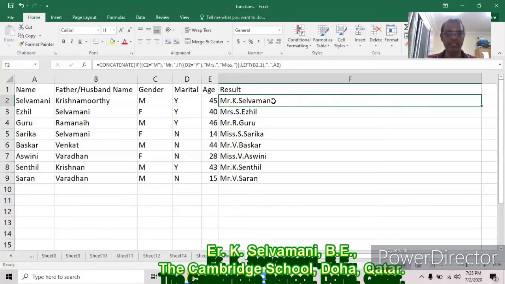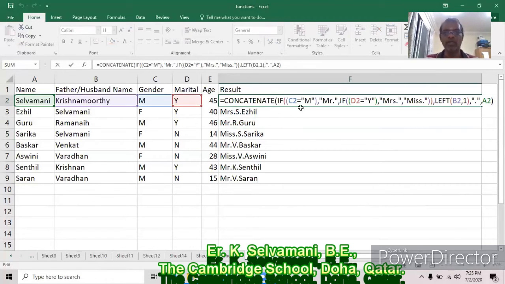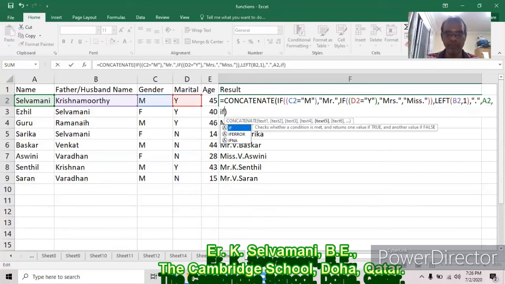We will see it, same thing. Whatever you applied here, Mr., Mrs., Miss: instead of Mr., it should be son of. Instead of Mrs., it should be wife of. Instead of Miss, it should be daughter of. At last, put it, come on. We can type it, same thing. If C2 equal to male, it is assumed, then what will happen?